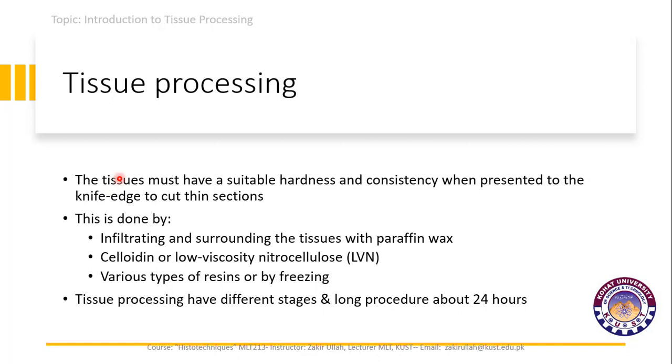So, tissue processing is basically a procedure to make the tissue suitable for sectioning, and it must have suitable hardness and consistency, because when this tissue is presented to the knife, it can easily cut this tissue into thin sections, and this process is done by infiltrating and surrounding the tissue with paraffin wax